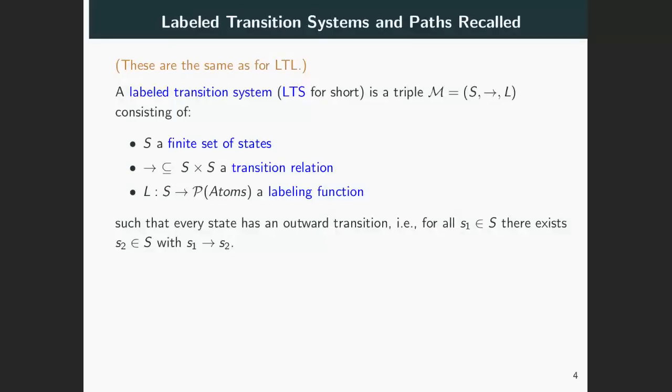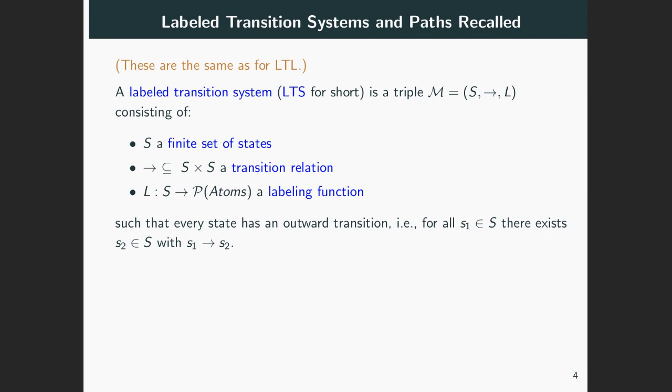Now that we've defined the CTL syntax, we are moving towards defining the semantics. For this, let's recall the notion of label transition system, which was of course central for the LTL semantics as well. Recall that a label transition system, LTS for short, is a triple M consisting of a finite set S of states, a relation arrow between the states, and a labeling function L that labels each state with a set of atoms,